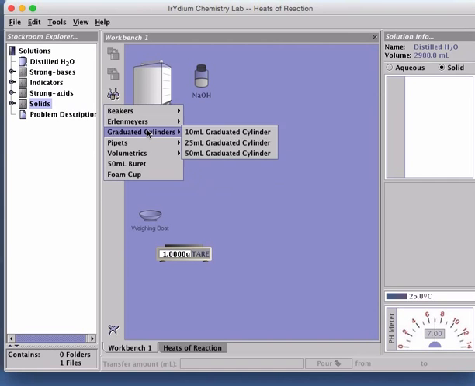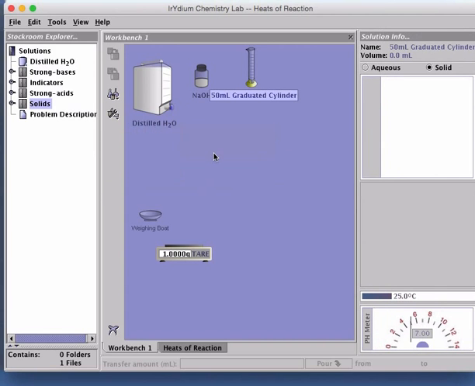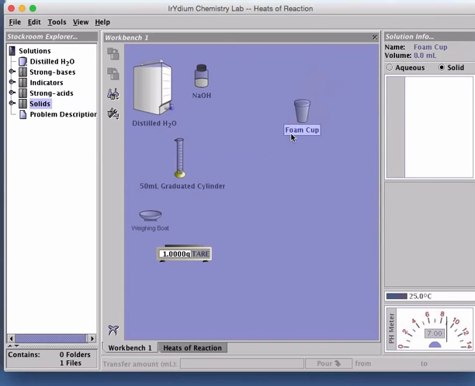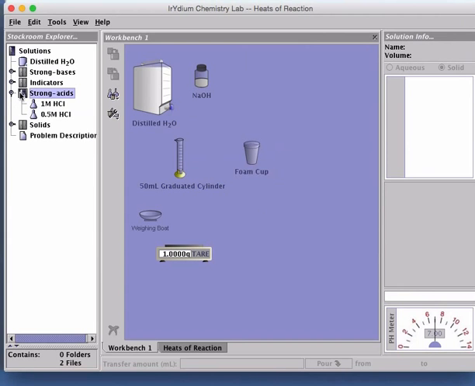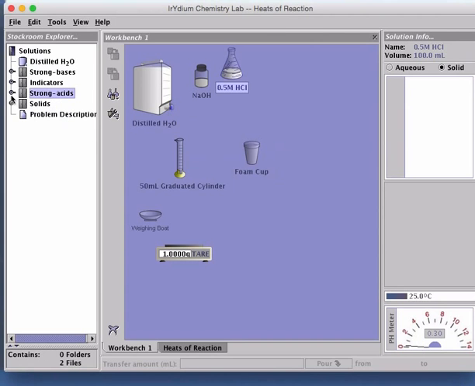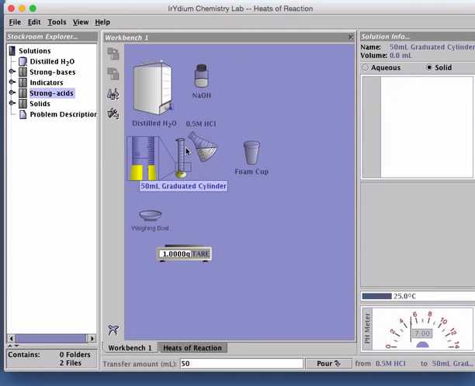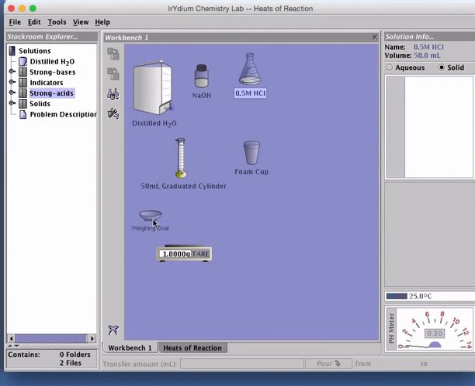From glassware menu, take a new 50 ml graduated cylinder and a foam cup. From the chemical stockroom, select strong acids cabinet. Double click to get 0.5 m hydrochloric acid. Close the cabinet. Transfer 50 ml of hydrochloric acid into the graduated cylinder.